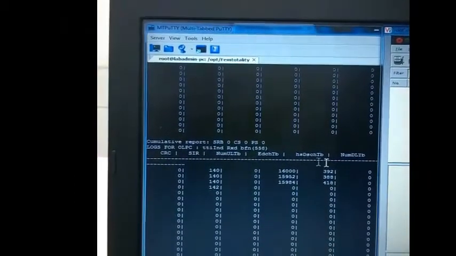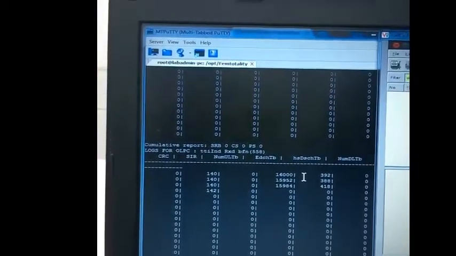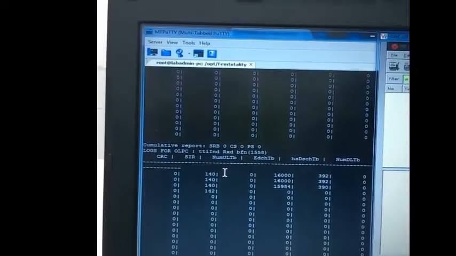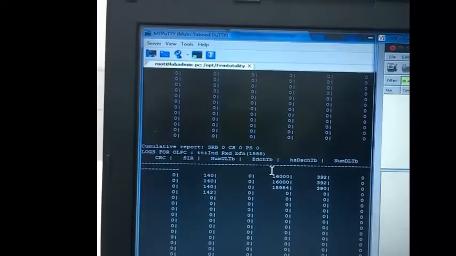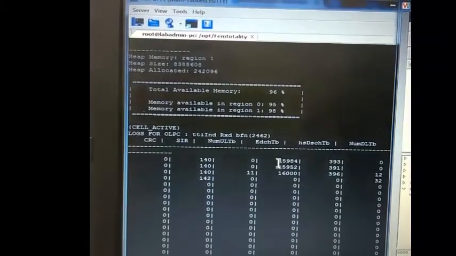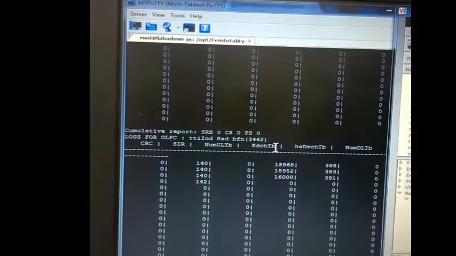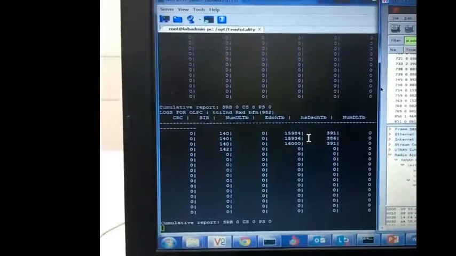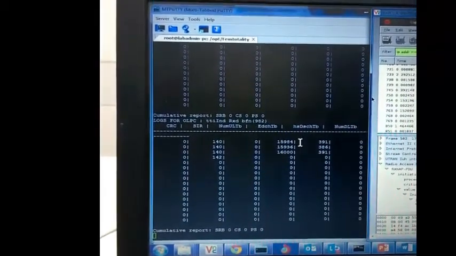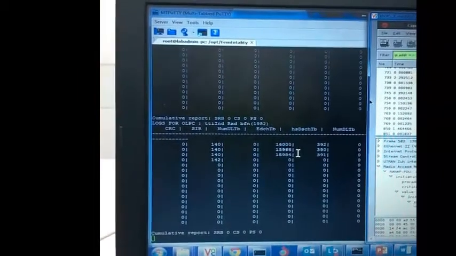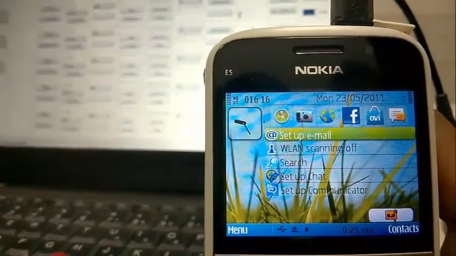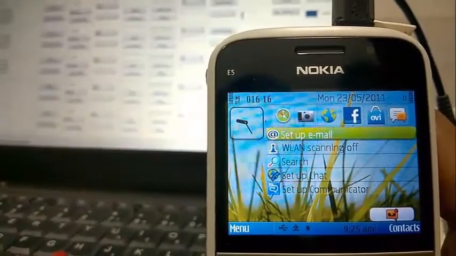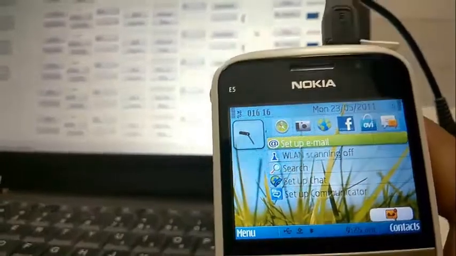Let's verify the console log to check the number of calls active at this time. This table indicates the number of various call models active at a time. This EDCH transport block column indicates the number of HSUPA calls active at this time. We can see that 3 HSUPA calls are established. As 3G femtotality solution supports 4 HSUPA calls, let's trigger the 4th call by using the automation tool.